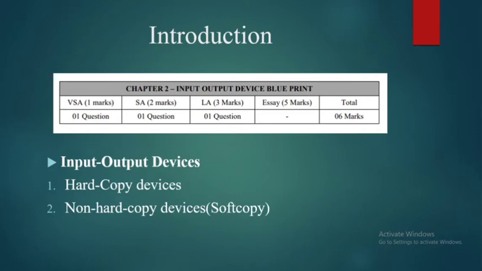So hard copy devices have to produce the output on paper or in a permanent form. The output has to be printed on paper or be in a permanent form. That means flex or banners, magazines, newspapers. Those can be considered as hard copy. And it has to read the input optically or magnetically by sensing the special printed information.